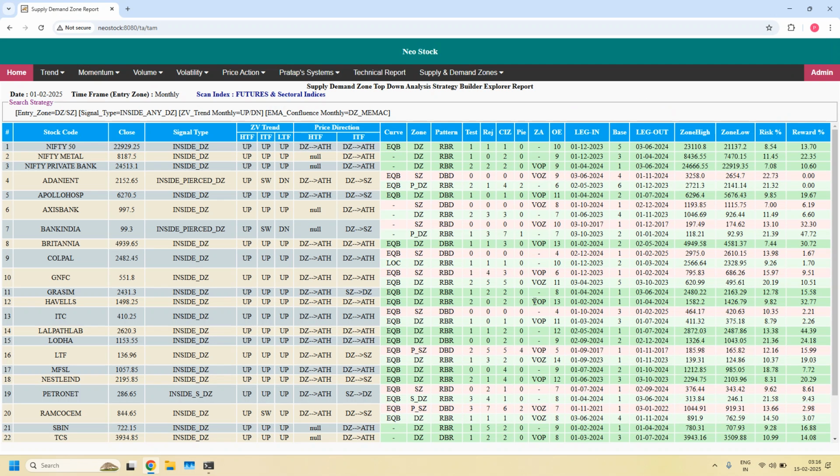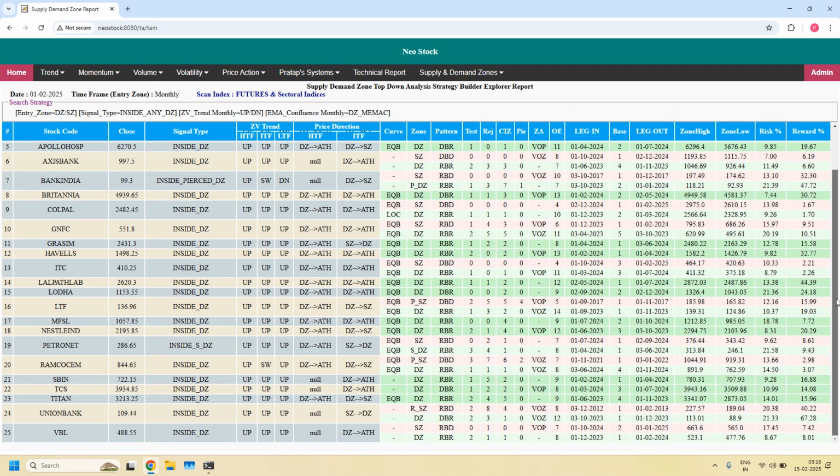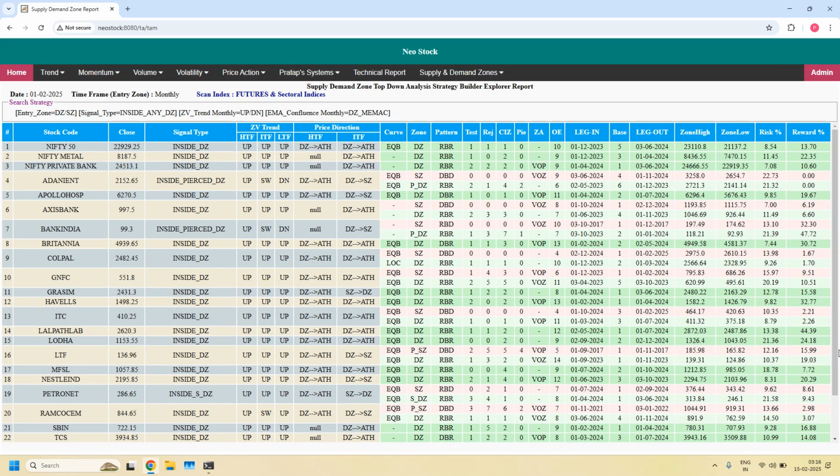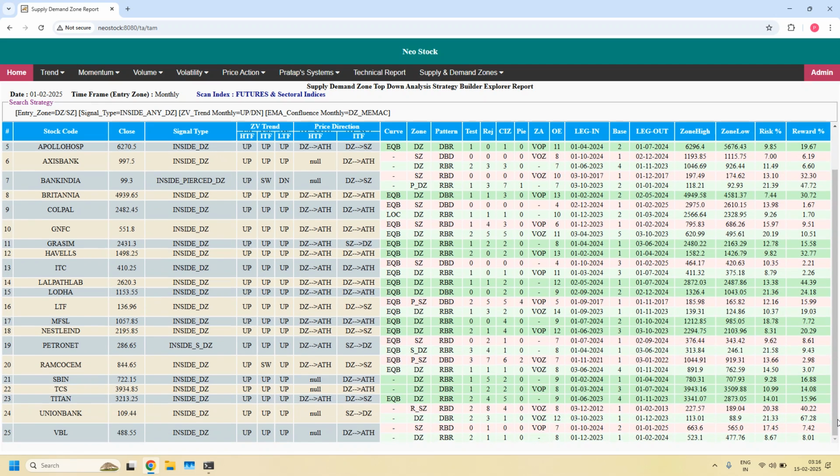With these filters, we got 25 stocks. Now the list is reduced. Now from this list, you can further select stocks based on the high liquidity zones or on any other combinations you like. That way you select and analyze. Okay, first 22 stocks in the list. I'm scrolling the list down. So total 25 stocks. Okay, next